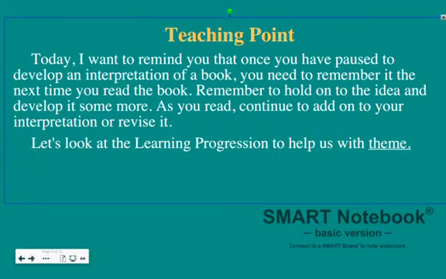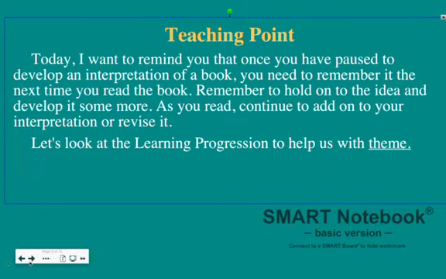So today I want to remind you that once you've paused to develop an interpretation of a book, you need to remember it next time you read the book, right? Those connections of all those pieces together. So what happens earlier to what happens later. Remember to hold on to that idea and develop it some more as you read, and continue to add on to your interpretation as you revise it. So with theme, it's not just like a one-shot deal. You have to connect all the different pieces or components to get a theme or to get a lesson that you're learning. And that's really important because your thinking might change as you go along when it comes to theme,